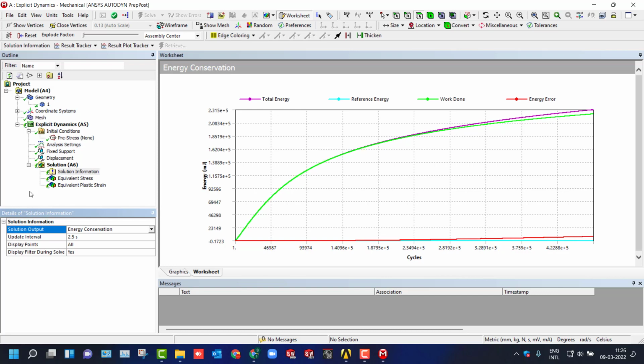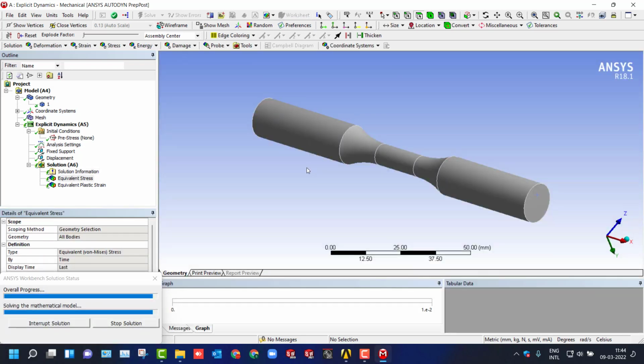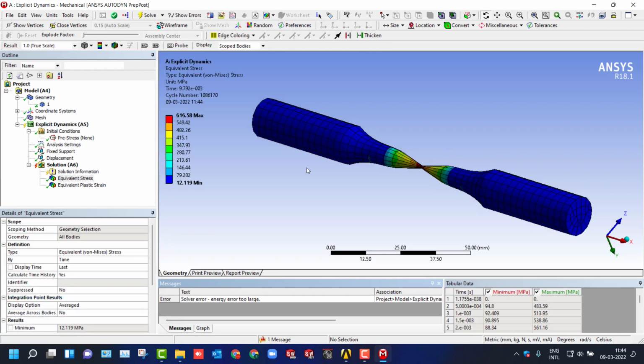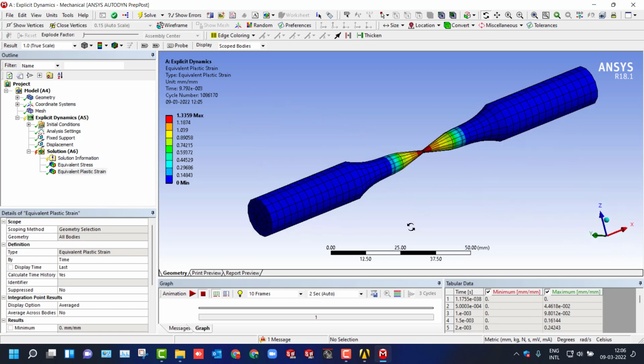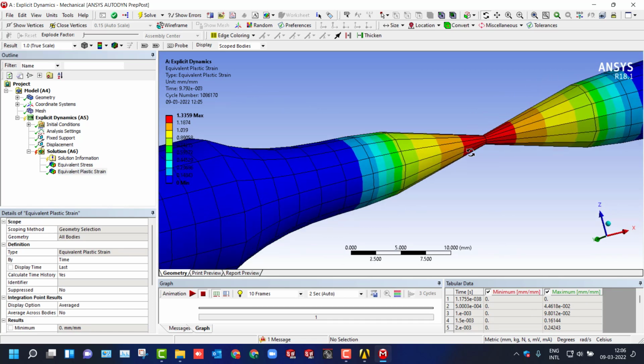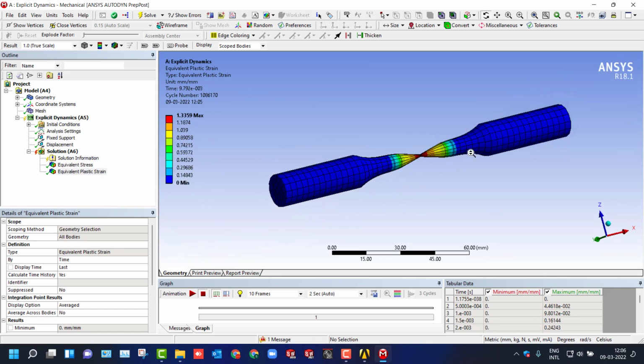Once this is done, you're going to get the results, and then by using the results plot, solution plot, you can cross check the results. Here you could see it is 616.78 is the maximum ultimate failure stress, and the strain is 1.33 max, and at that location it is max.